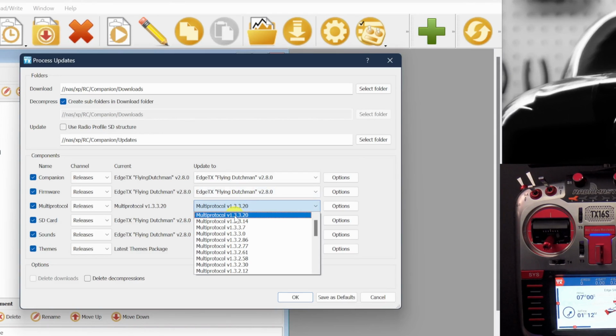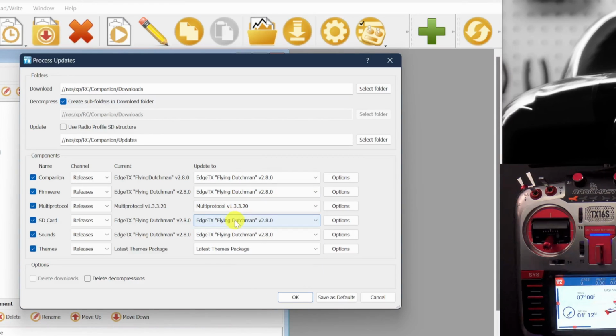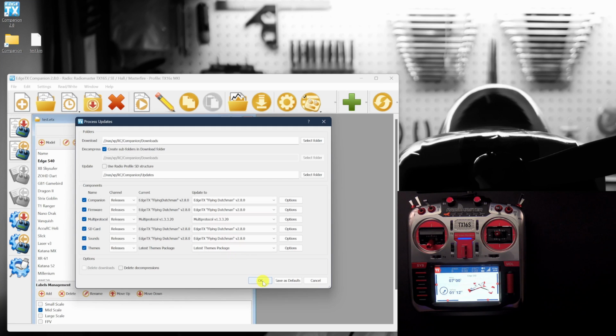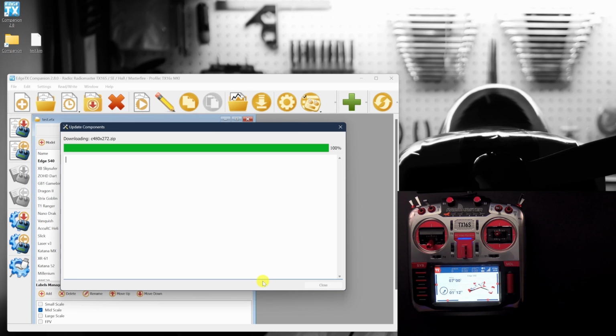Multi-protocol, the latest option as of this video is 1.3320. So I'll check that. And then for SD card contents, we're looking at 2.8 for Flying Dutchman, and sounds also 2.8, and themes, the latest theme package. So once we've selected that, we can click OK, and it's going to download all of that information, the entire